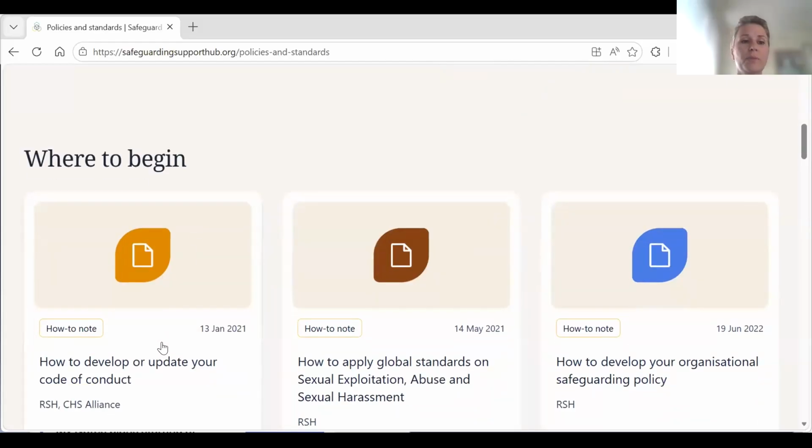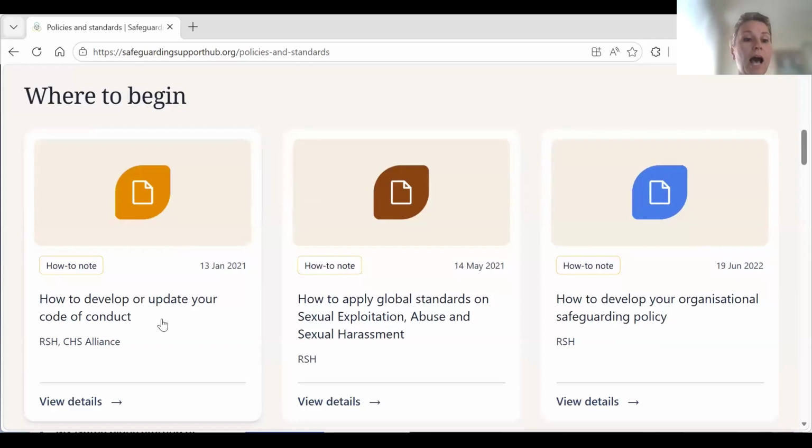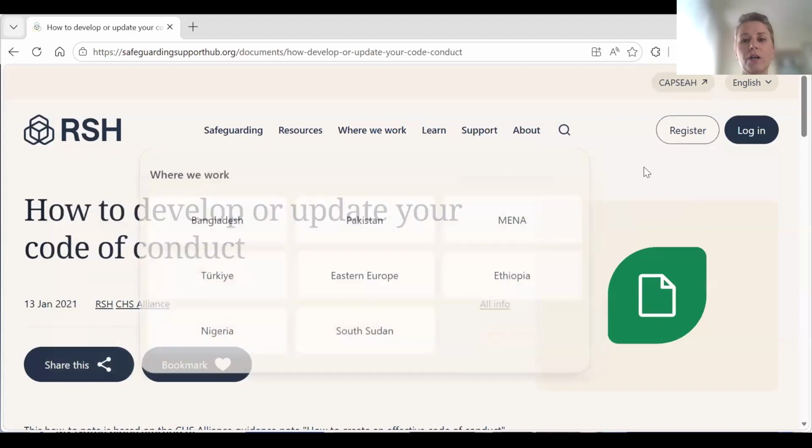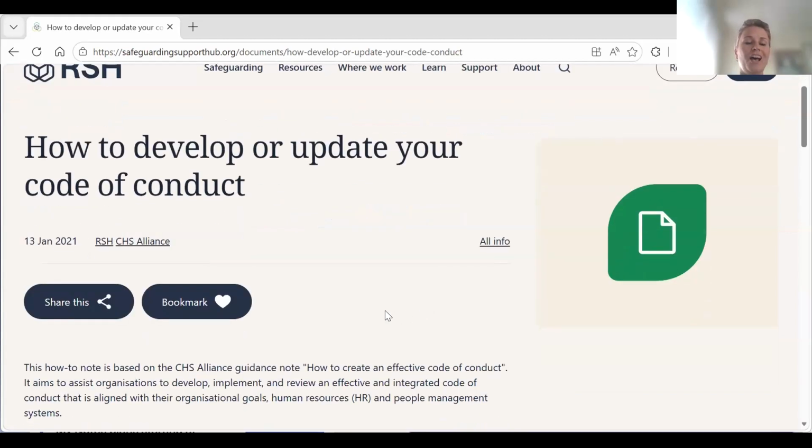The first resource here is how to develop or update your code of conduct, which is usually the first thing you start to think about in practical terms when it comes to safeguarding.